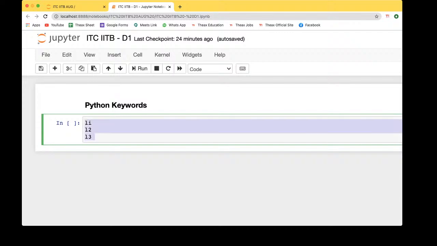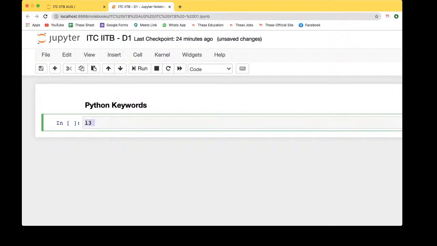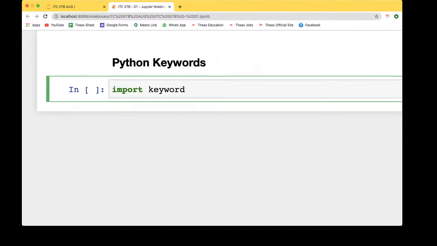Okay, fine. So Python keywords are, as I said, the special names that are already present in Python. We use these to get specific functionalities for writing a Python program. Okay, so let's first go and see the code. There is a module, a library of the keywords, and what you have to do is import it. Import keyword. Let me zoom in so that you guys can see it clearly. Everyone can see the screen, right?